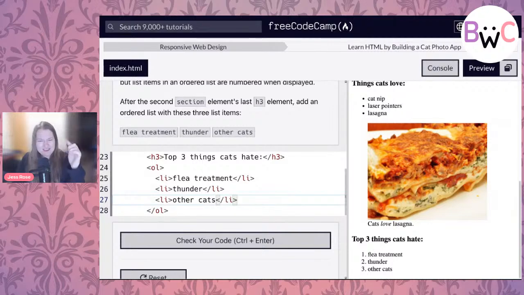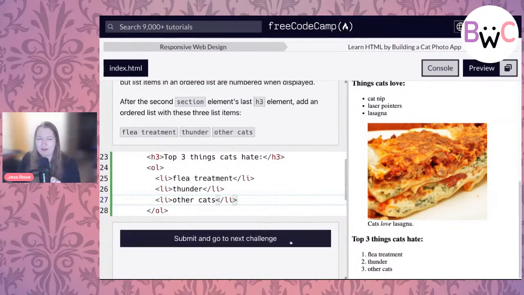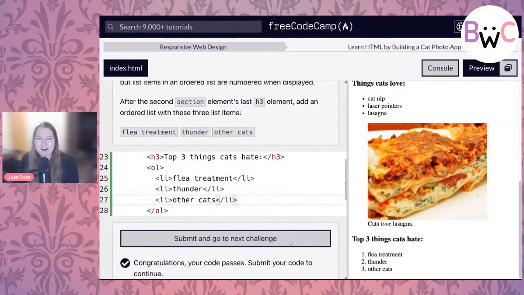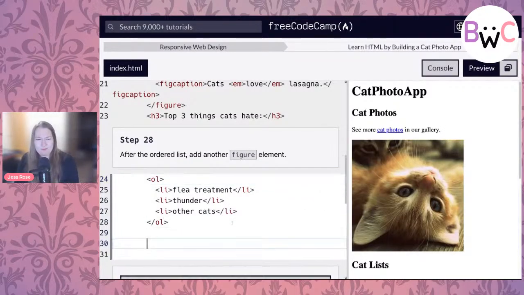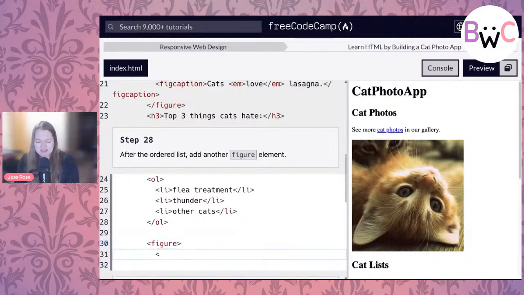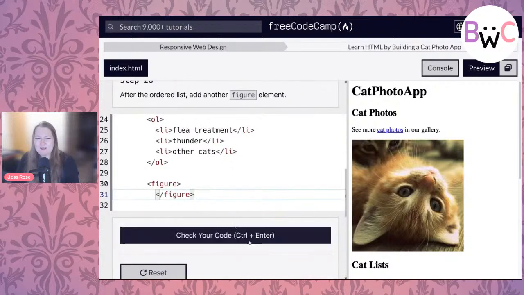I'm going to check. See, I think this feels like it might be okay. Everything's fine. We've got 28. We're only going to 36, and then I abandon you. But we might notice that this is teaching us the syntax again. It is teaching us the grammar of HTML by having us do something that feels a lot like what we've just done. We're going to add another figure element.